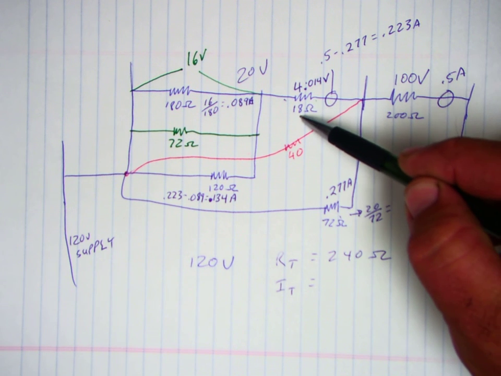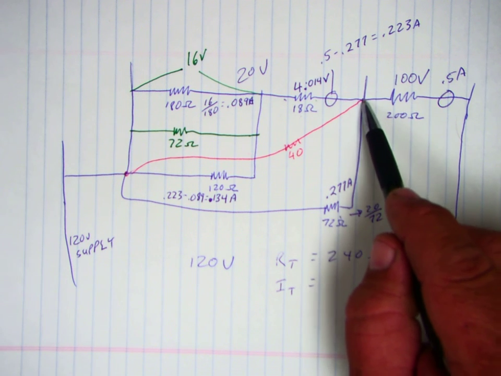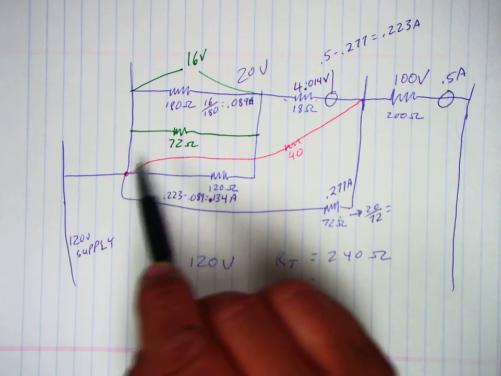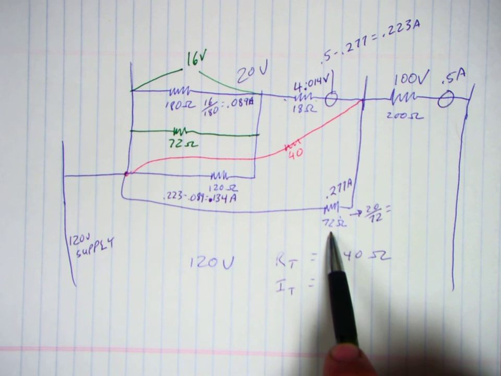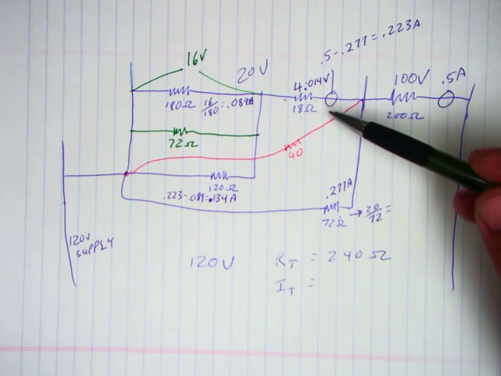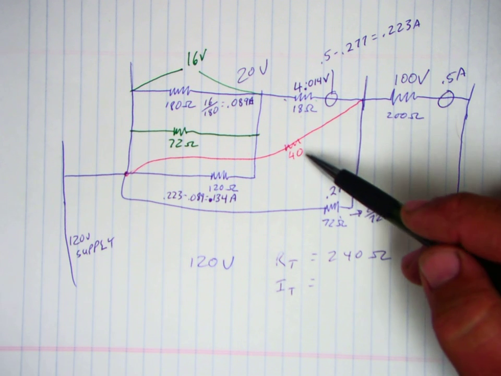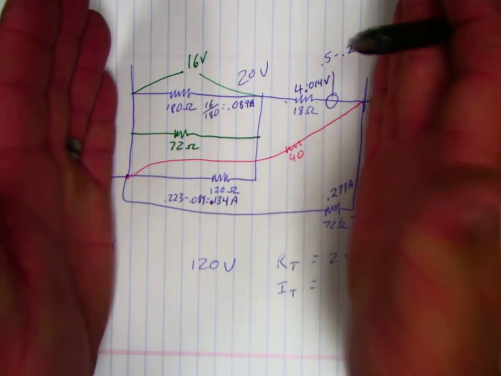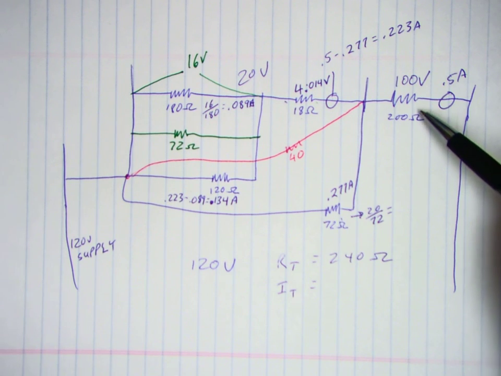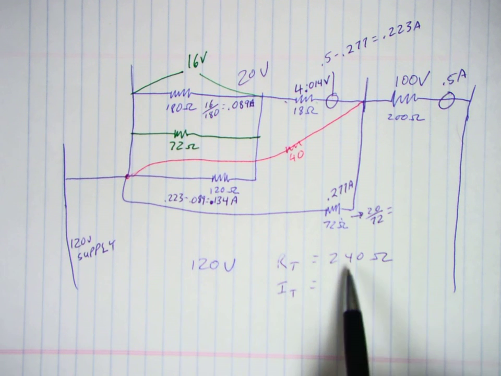And that's in series with this 18 ohm resistor, so you add them together, that gives us 90 ohms right from here to here in the top branch, which is in parallel with the 72 ohm resistor here. So the 90 added in parallel to 72 gives us a total resistance in this branch of 40, and all of this chunk, which is in series with this 200 ohm resistor, gives us a total resistance of